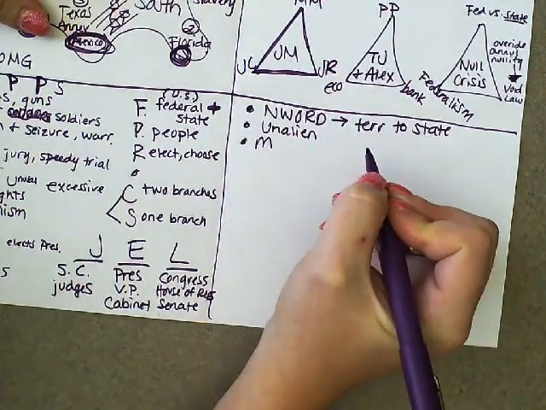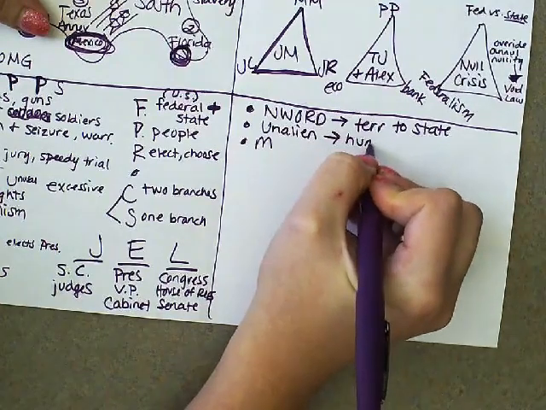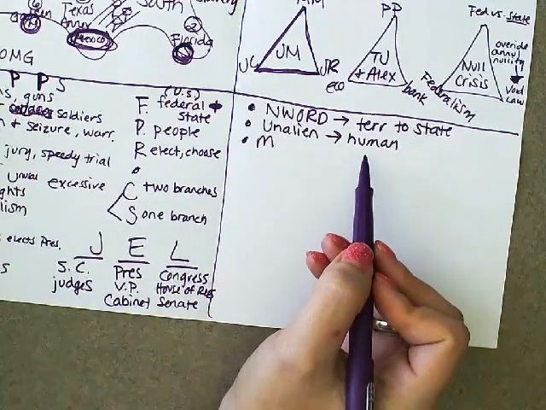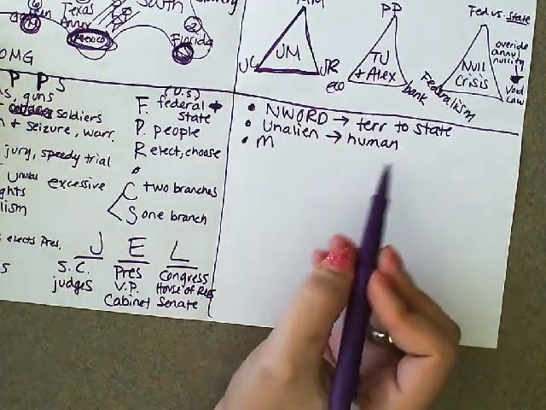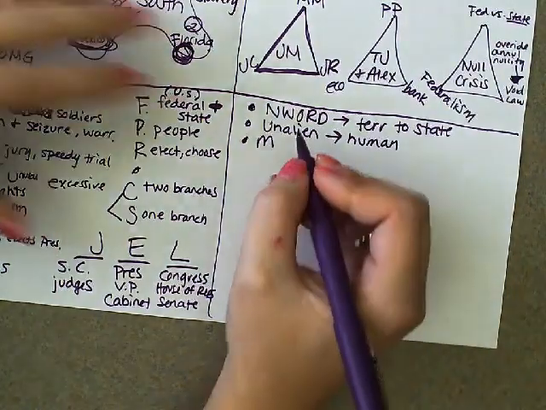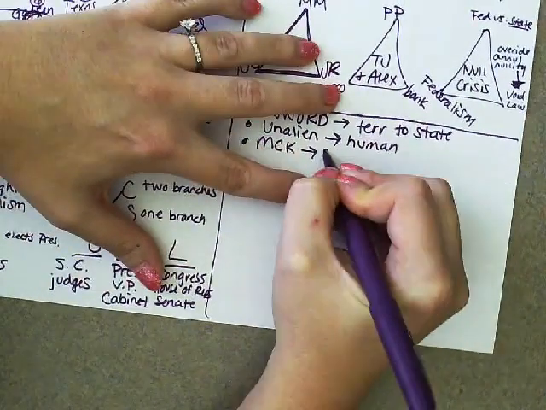Unalien. If I unalien you, if I make you an unalien, then you are human. So we thought all unalienable rights should be given to every human, every person born. And those are life, liberty, and the pursuit of happiness. And then we have our MCK, and that is slavery